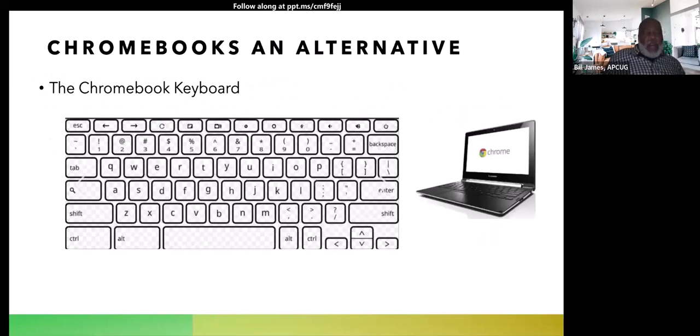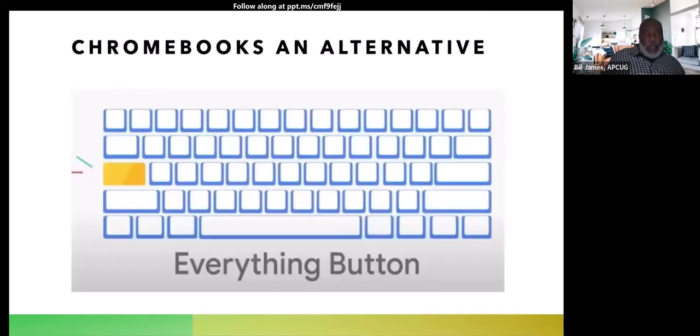Here's another view. As you can see, our escape key is to the left, and here's the back key and the forward key as I described, your brightness key, and the other keys as we described them. And there is a key that they call the everything key, which on typical keyboards is your